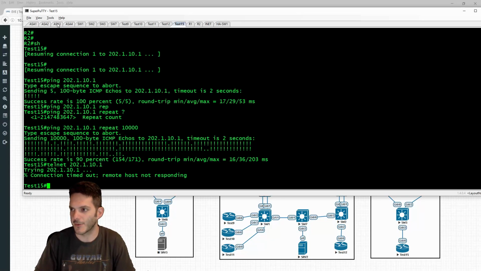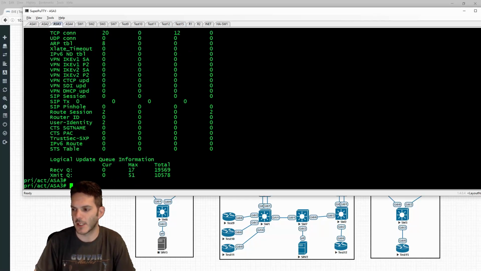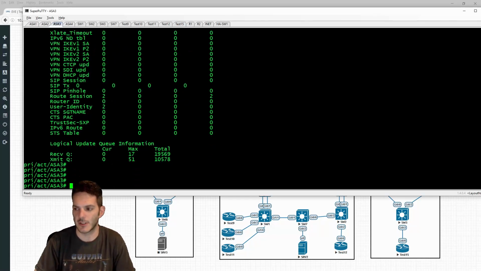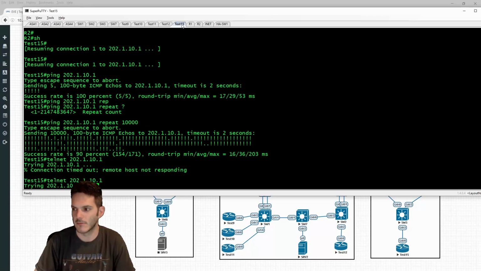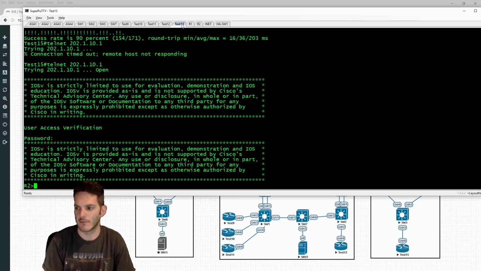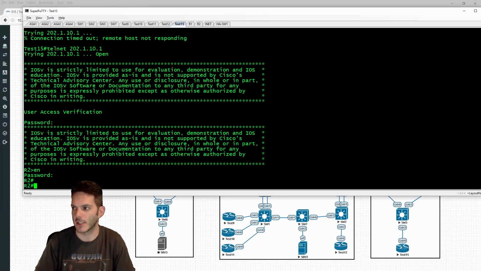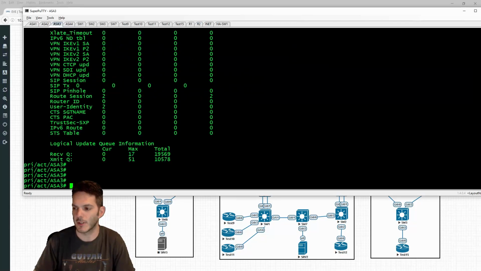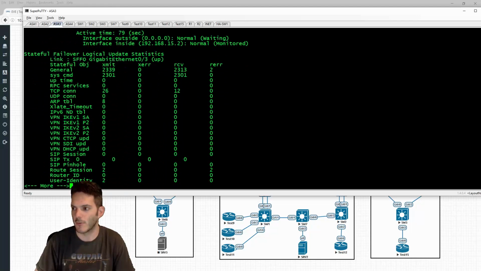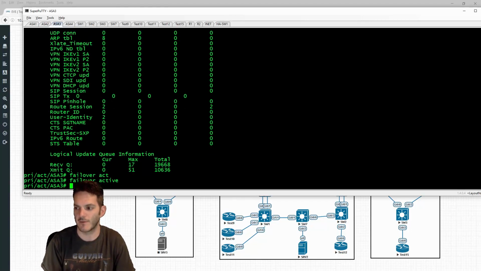So if I go back to ASA 3, the test that I wanted to do was to have an active connection to R2, and for whatever reason it's just not having it right now. Okay, there it goes. So I just want to hit the enter key a couple times, just like that. So R2, okay, that's squared away now. So I should be able to come back in here and do a show failover. There's data going back and forth. We see the TCP connection climbing. If we do a failover active to send this guy back as the active failover,